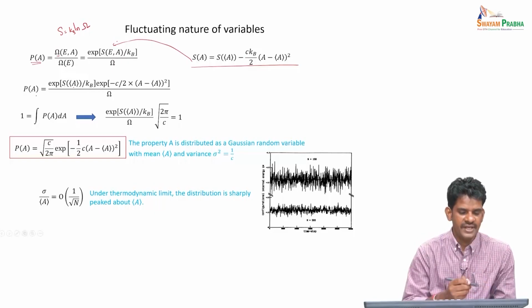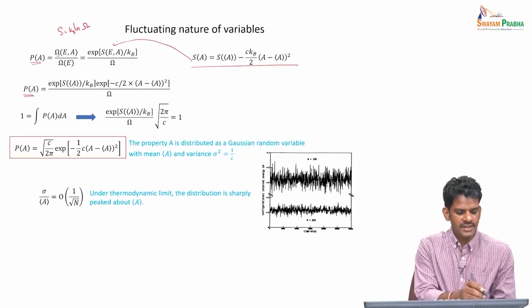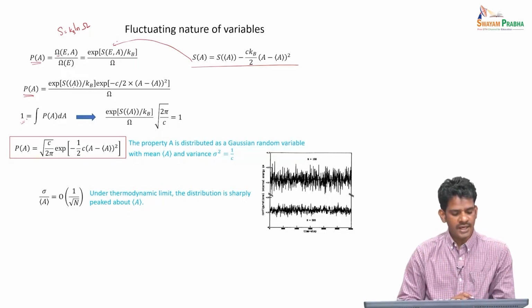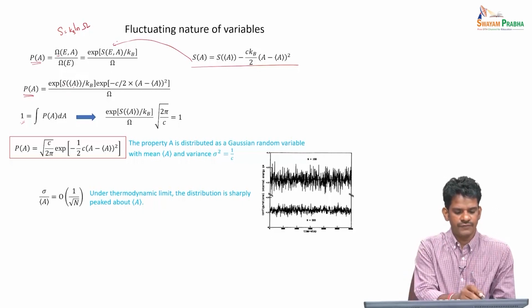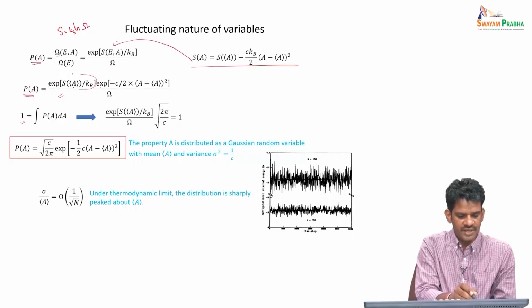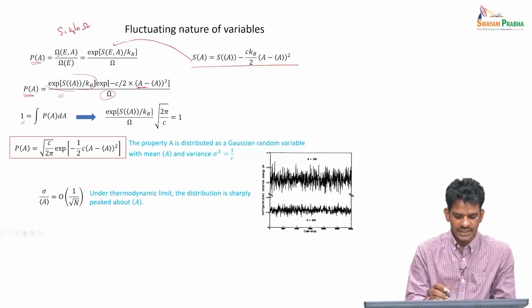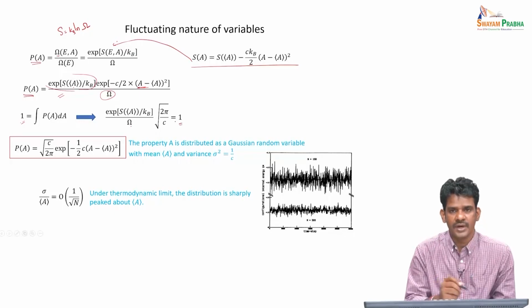Now we also have to use the property of this probability function, that when I integrate P of A over all possible A, this should be equal to 1, which is the definition of a probability function anyway. Using this identity, we can find the prefactors of this expression. These terms are basically constants, they will come out, and only this particular function has to be integrated out. When you do that, you can show that exponential of S by K B, divided by omega, times square root of 2 pi by C becomes equal to 1.